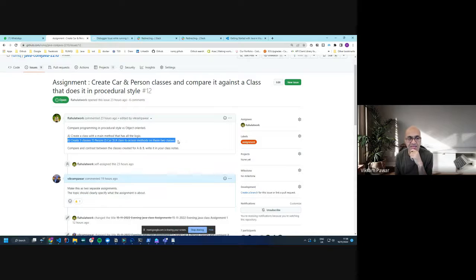Yeah. And then once you've done that, do the exact same thing with just one single class's main method. You don't have to have any classes. The reason for this exercise is I want you to see the difference between solving a problem procedurally versus using object-oriented technology. Okay, I'll give you some time. All of you start doing it. I'll give you 5 to 10 minutes. Then we'll see. Okay.